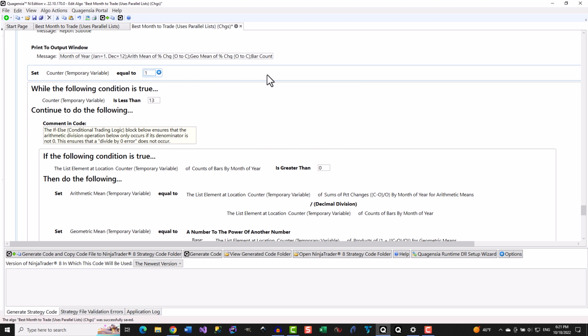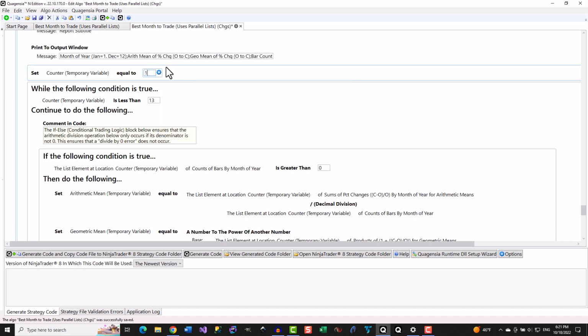Next, when the execution reaches this loop for the first time, it checks that the internal variable counter temporary variable is less than 13. The first time this condition is checked, this variable's value is 1 because it was just set to 1 in the action above.